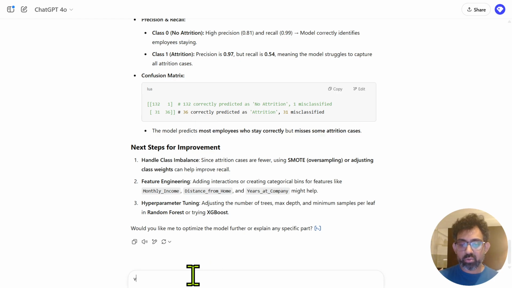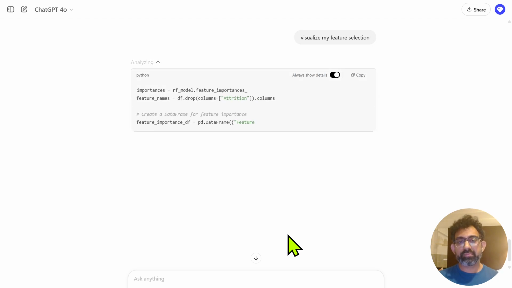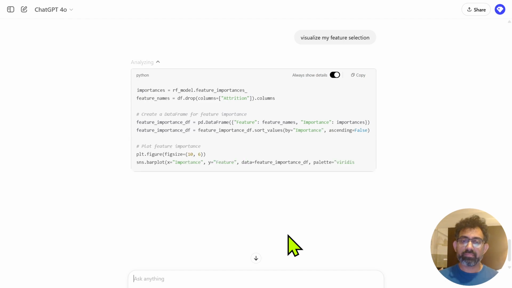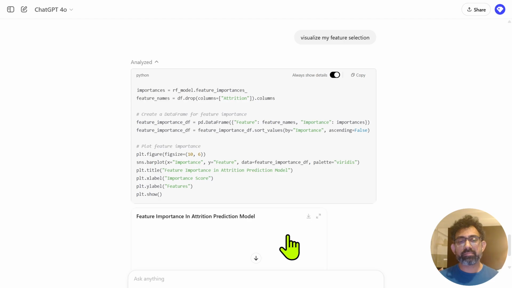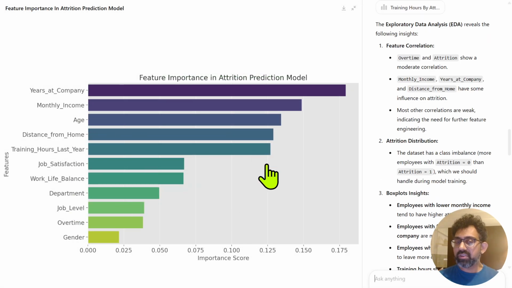Now, if I ask it to visualize my feature selection, just as an example, as you can see, it also gives me a visual showing me all the different features along with the importance score.